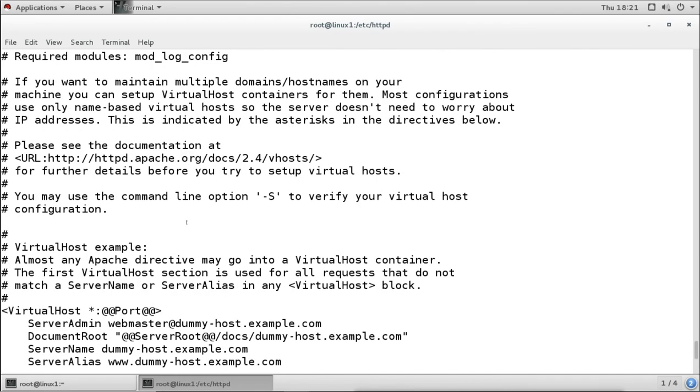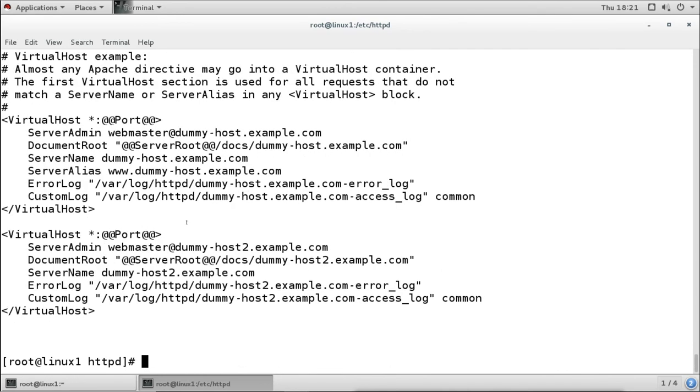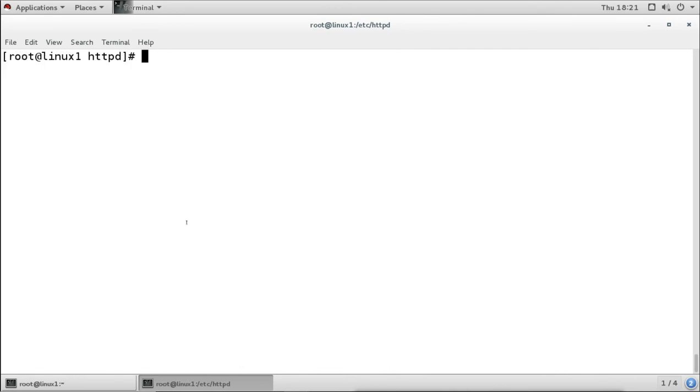So instead of creating a new one, I'm going to copy this into my main configuration drop-in directory.